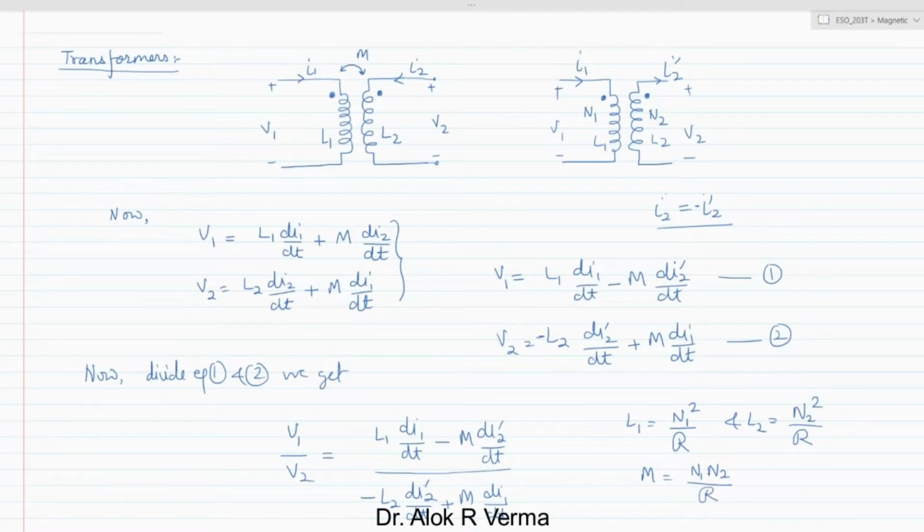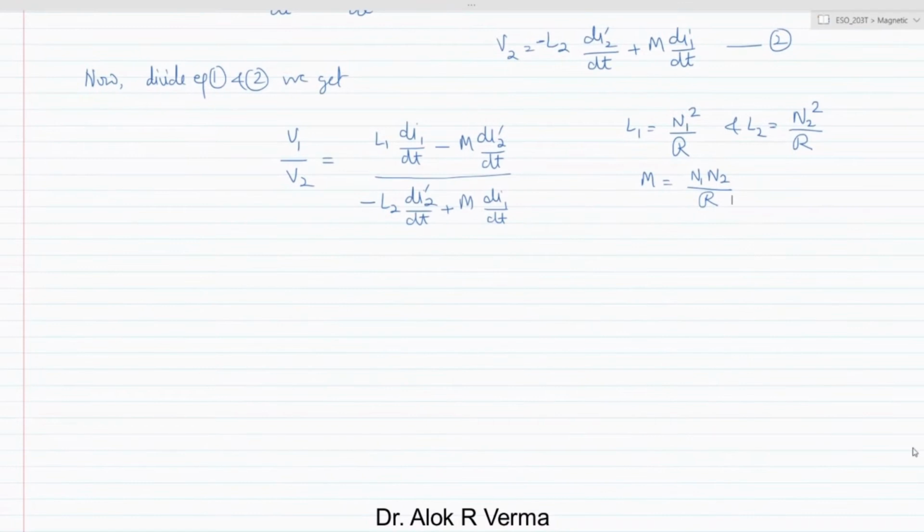Now substituting these values, we get N1 square by reluctance di1 by dt minus N1 N2 by reluctance di2 prime by dt, divided by N2 square by reluctance di2 by dt, where one goes prime and the negative will appear, plus